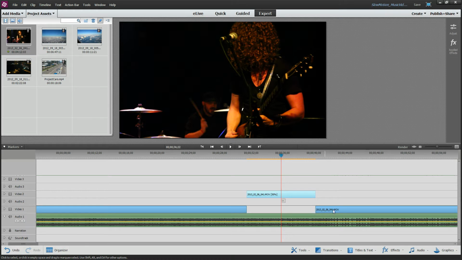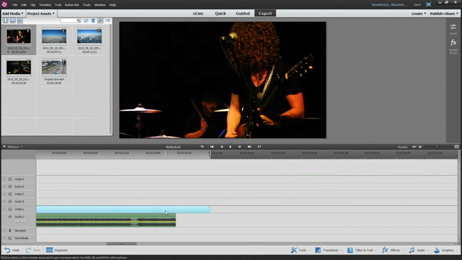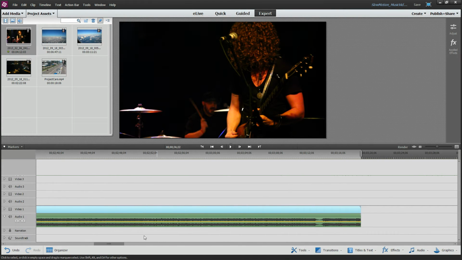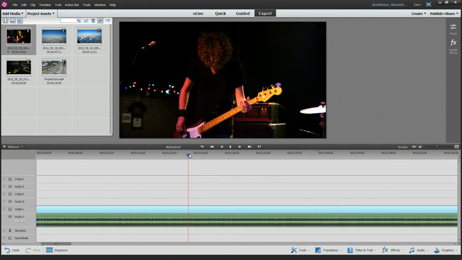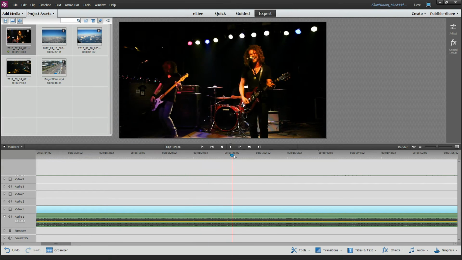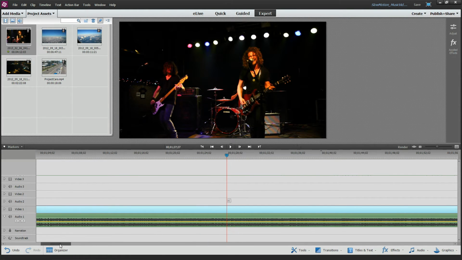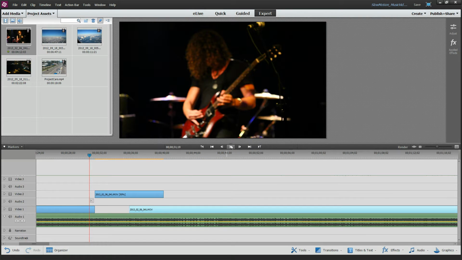Now notice how it pushes this track out, which I hate. Adobe, please fix that for me. We'll just simply slide this back in. Now here's where you've got to be very careful to get it aligned right together. Otherwise, when the snare drums are hitting or the bass guy is bumping his head around, it all needs to match. So you just have to be very careful when you're moving things around that have to be aligned, the audio and the video, when you've unlinked the two. All right, so let's go ahead and play this just to give you an idea what it looks like.